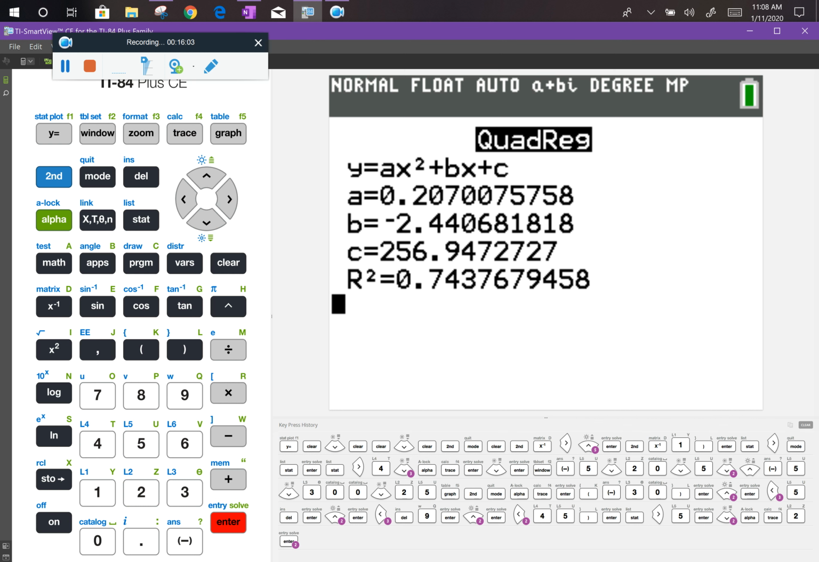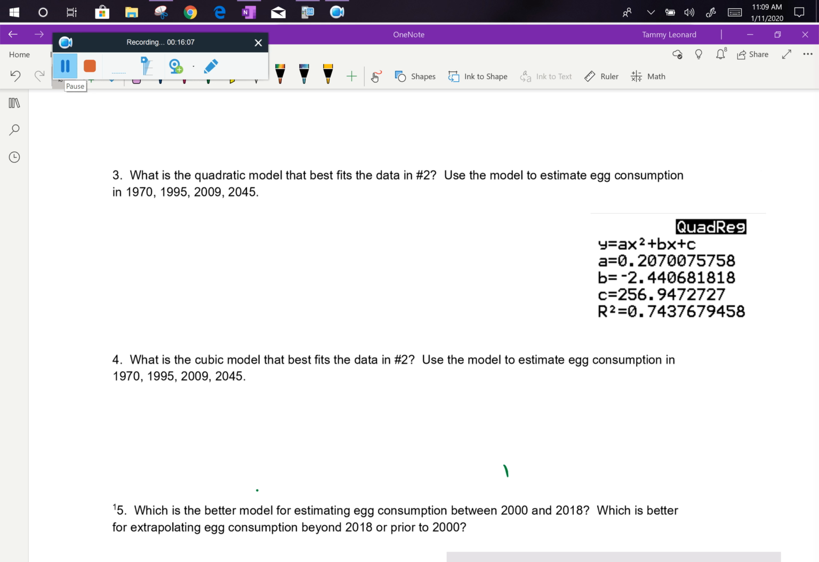And now I have this quadratic model that I can record. Okay, so I put the information over here so it'd be easier to write the model. So I'm going to write that my model is y equals